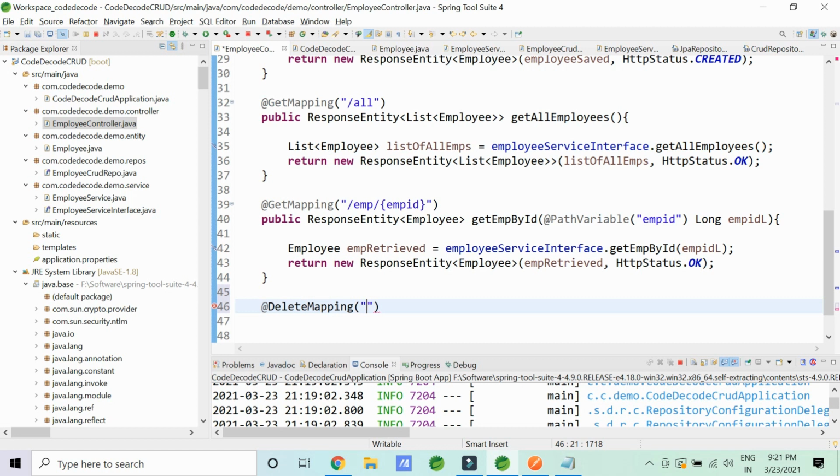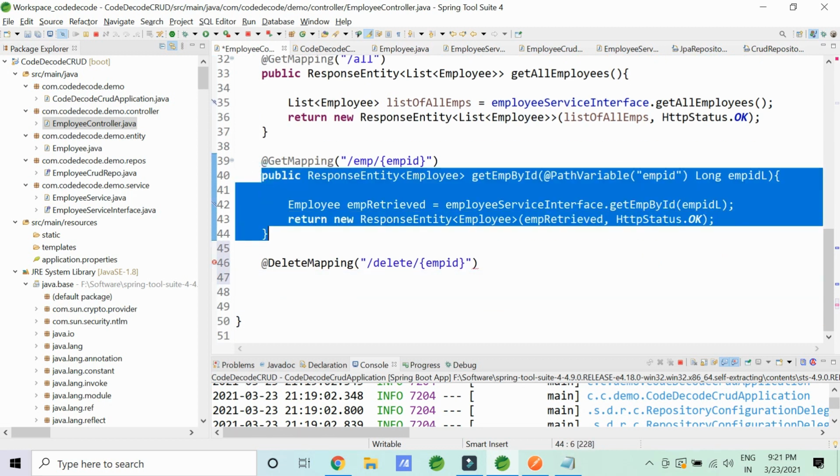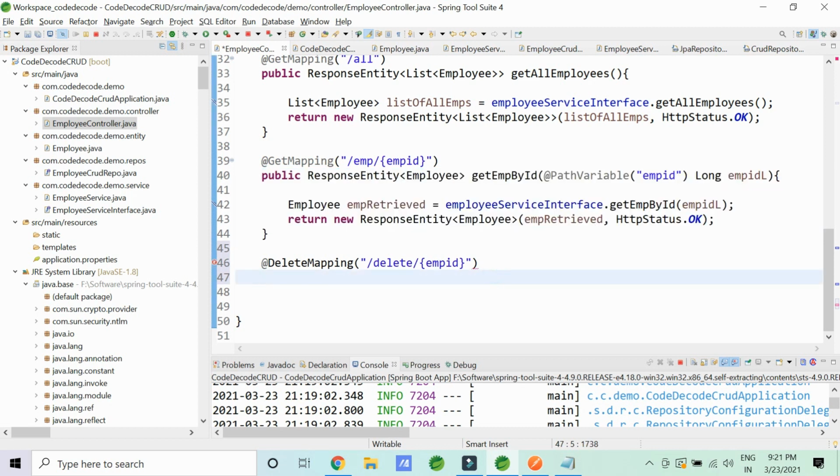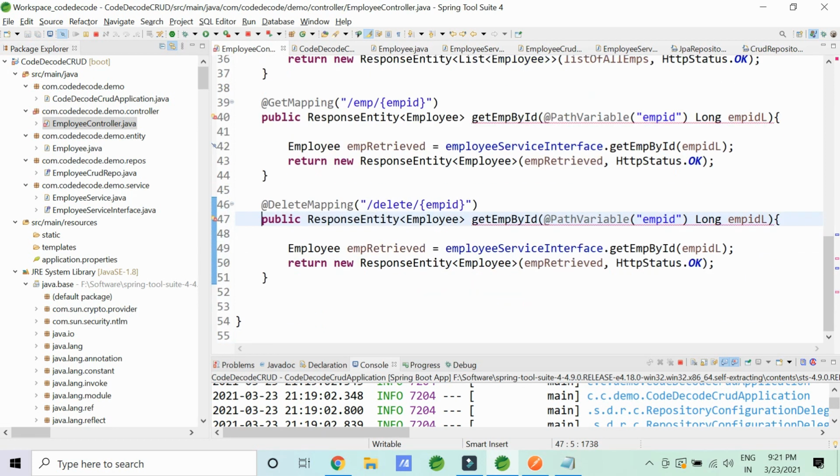So let's quickly delete a particular instance here. So I say delete as this. And now again I'm expecting a path variable. So my path variable will be again employee ID. And I'm expecting that once you get an employee ID, you are capable enough to get it as a path variable. And I'm not going to return you anything. So once you delete it, it's deleted. You won't get anything in return.